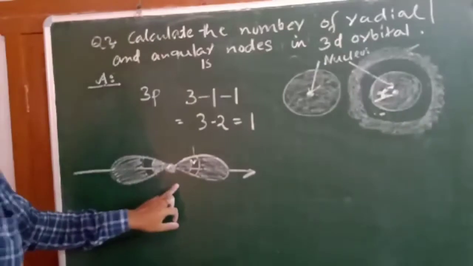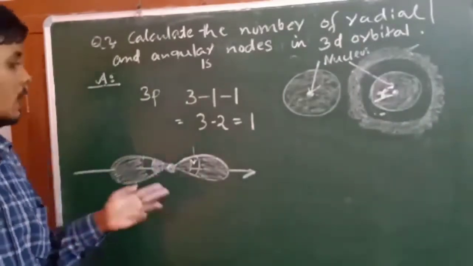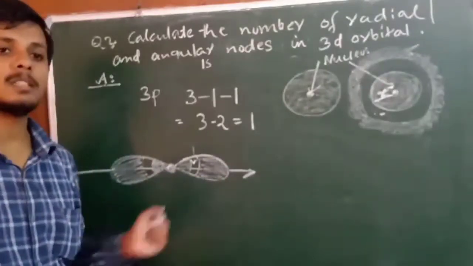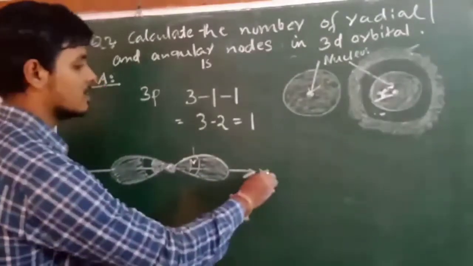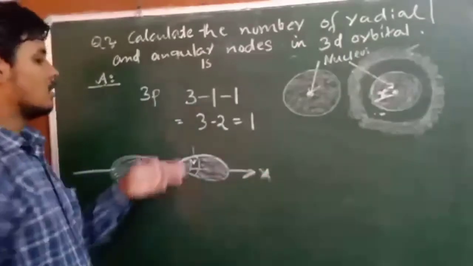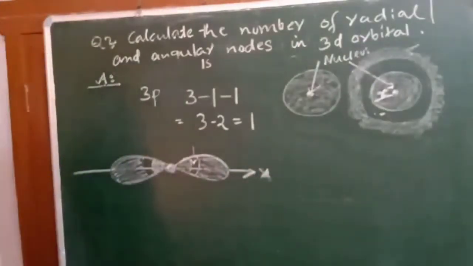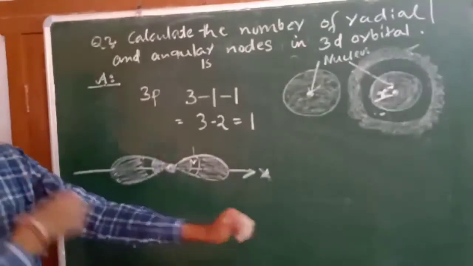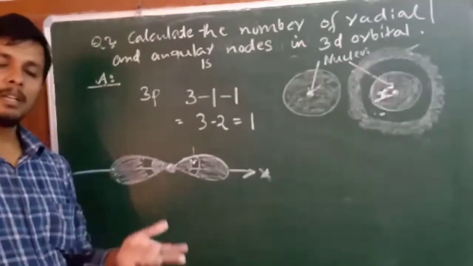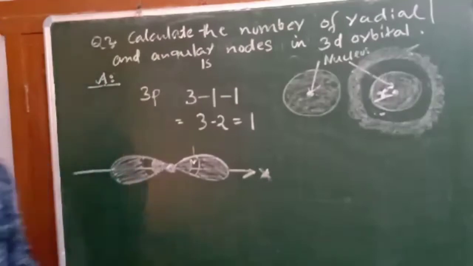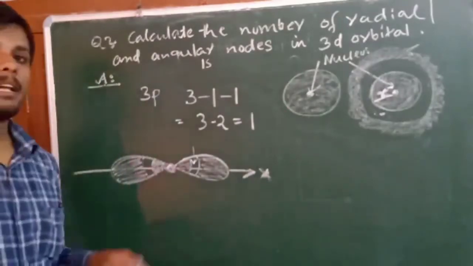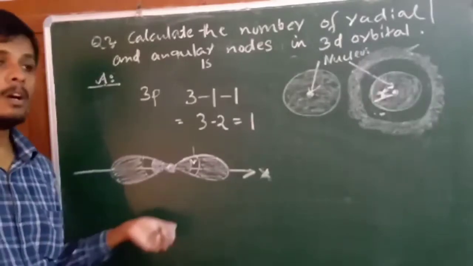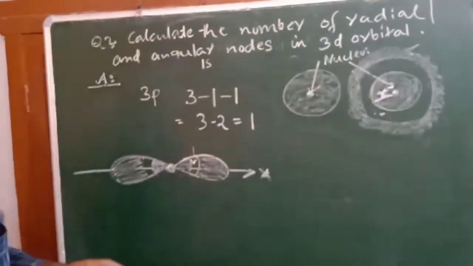So instead of considering it to be a spherical zone, I will consider it only along the axis in which the p orbital is present. So let me consider it in the x direction, or y. I can also consider it in the y direction or z direction, anywhere. So everything will be the same. Now the principal quantum number n tells me about the shell. The azimuthal quantum number l tells me about the shape of the orbital, and the magnetic quantum number tells me about the orientation of the orbital.